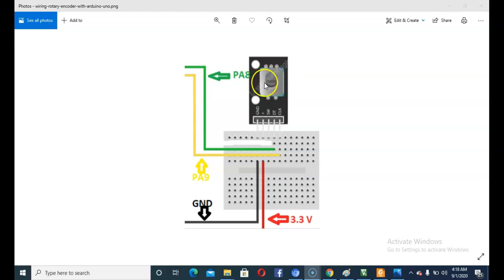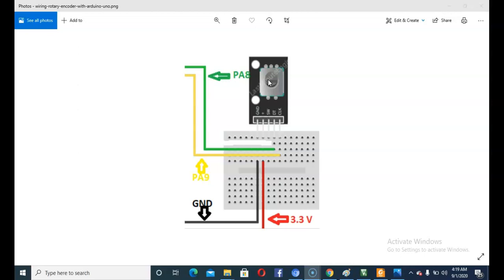So the encoder mode can be used to easily detect if the direction of rotation is anti-clockwise or clockwise, and how much rotation it is doing, because every incremental encoder has some fixed PPR rate, meaning pulses per rotation.